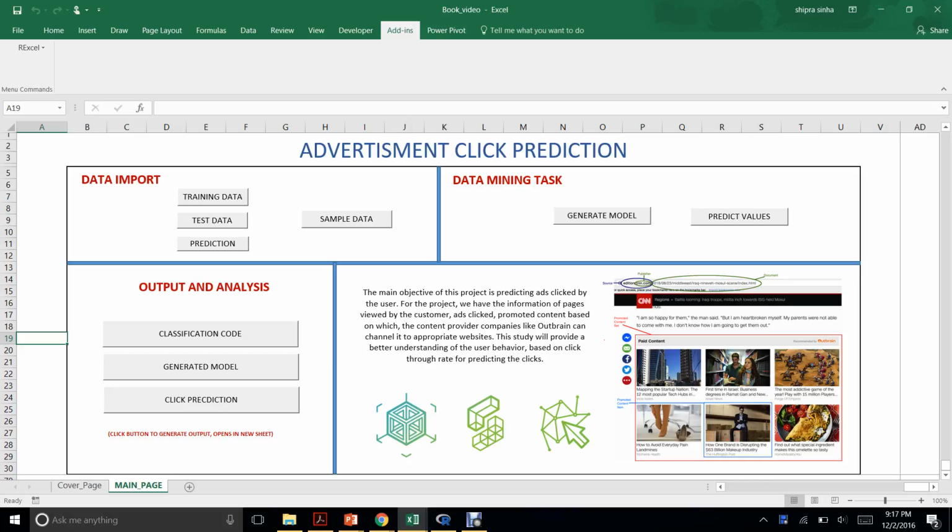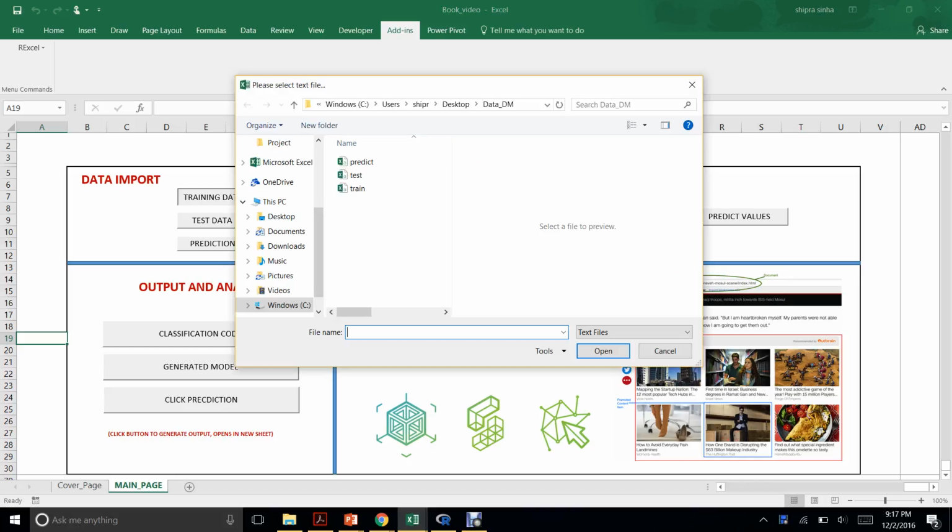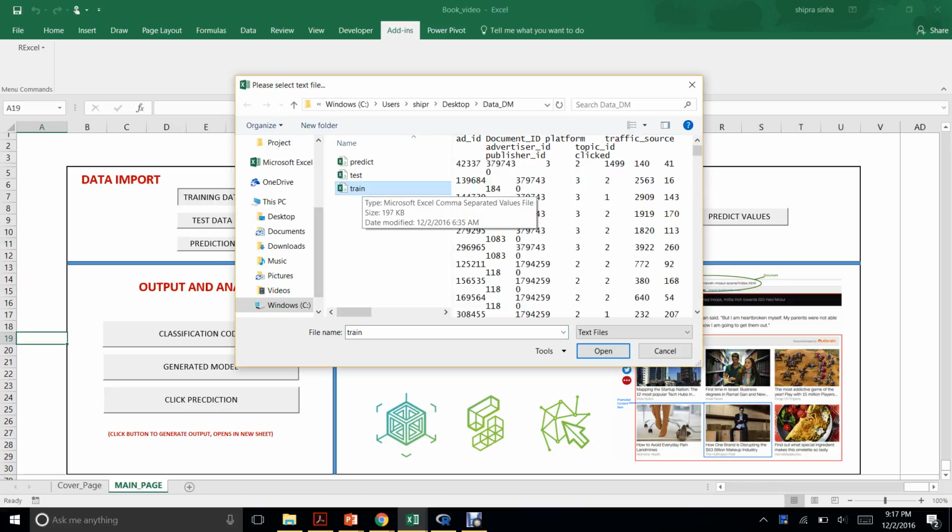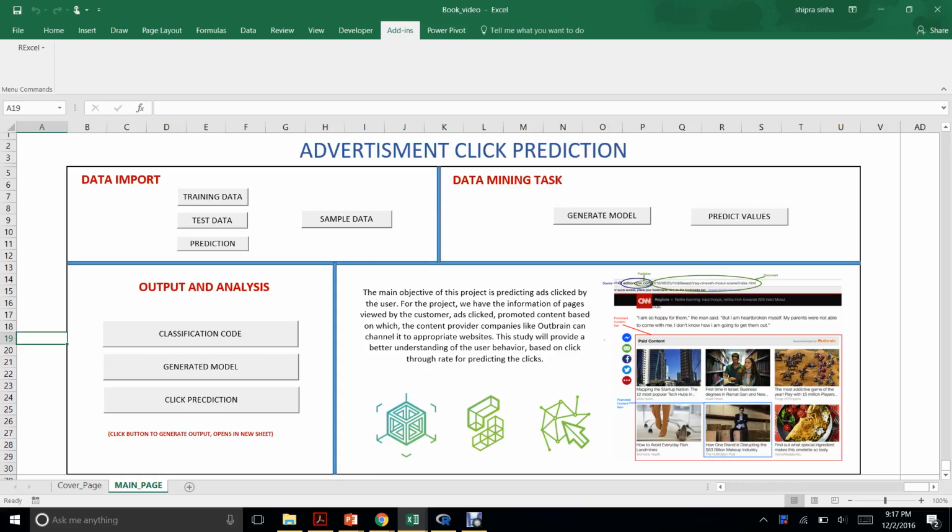Training data is used to import training data. Click on this button and a dialog box will open. Browse and select your file. It will read the CSV file and store data in one of the Excel sheets which is executable in R.